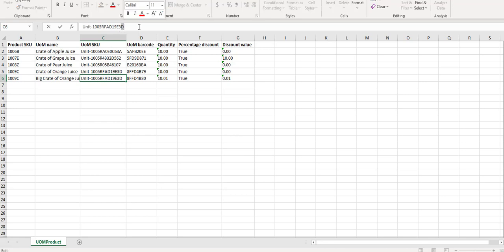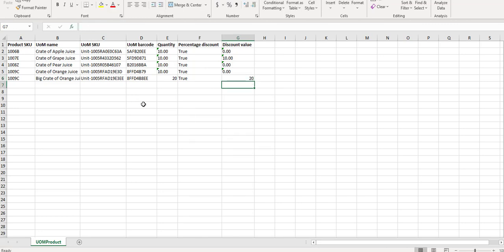And we do need to make sure it's a unique SKU field, so we'll just add some additional information to the SKU and the barcode. For the quantity, we'll increase it up to 20. And for the discount, we'll increase the discount to 20 as well. So if we save this particular file now,